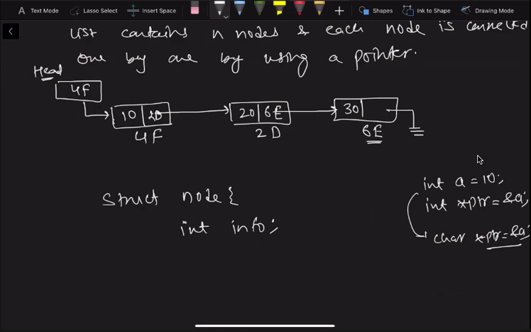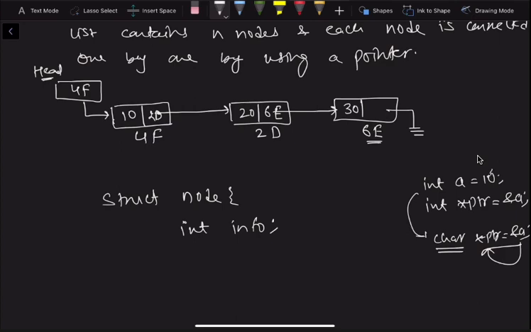Each data type which you refer to here is of a different size. Integer is of 4 bytes, whereas character is of 1 byte. When you read from a pointer, it will read either 4 bytes or 1 byte. If it is of integer type, then it will read 4 bytes. If it is of character type, then it will read 1 byte. Now, if you store the address of a into a character type of pointer, it may give you some warning. But when you try to read and print the value, it will not print the correct value, because it has not read the whole 4 bytes. It has read only 1 byte, which is not correct.